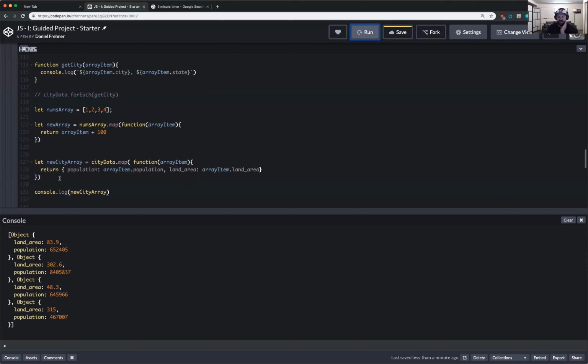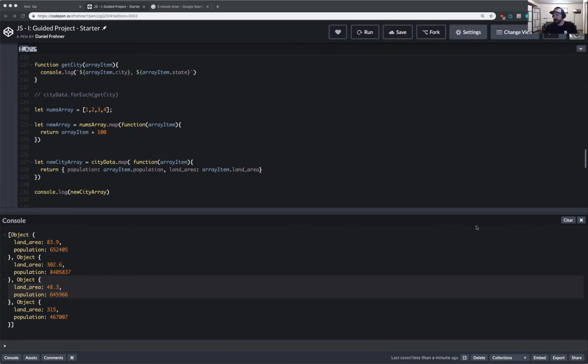This is where map starts to get powerful. Look at that. Now we have just the land area and the population. Maybe we wanted anonymous data and we didn't want to know what the city and state were, so we can plug this into some machine learning algorithm or something. That's a little intense, but this is kind of what you're going to be doing on your project this afternoon. I want to move on to two other things. One of them is really intense. Not really intense, but